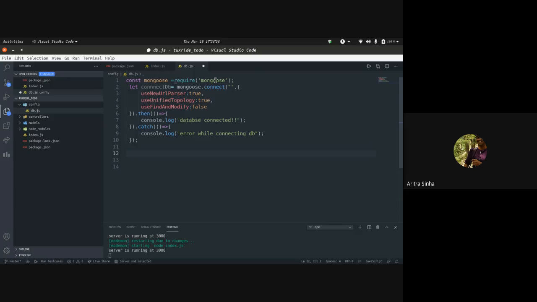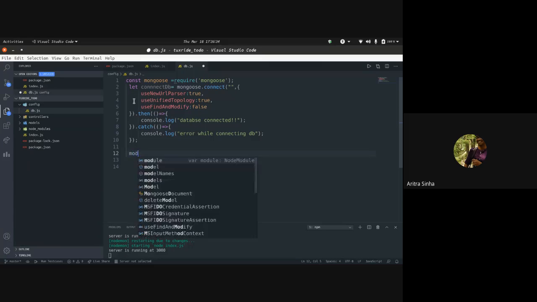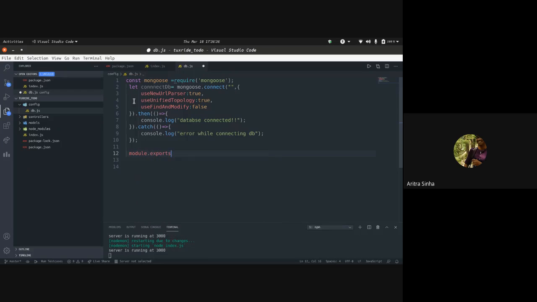This is a secondary file, right? So we might need this function somewhere in some other file. What we will do is export this file as a package, so we can use it by importing it as required. Okay, I've exported this function connect db.